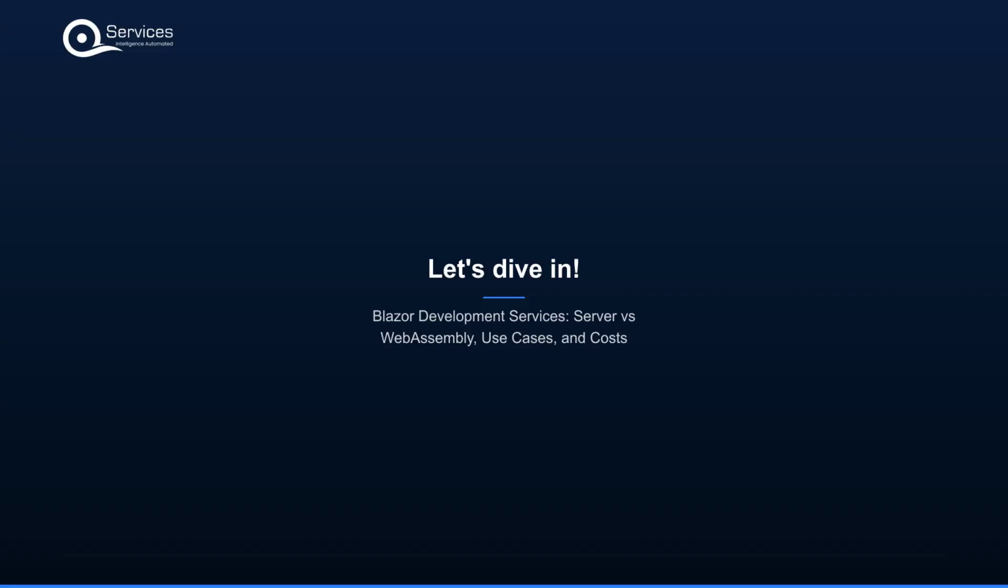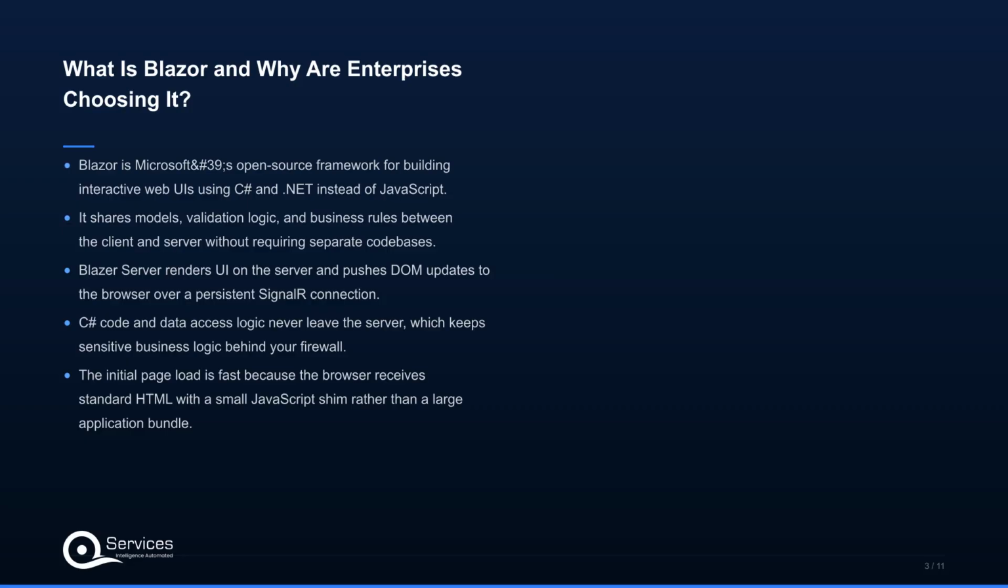step by step. Let's talk about moving on to what is Blazor and why are enterprises choosing it. Blazor is Microsoft's open-source framework for building interactive web UIs using C# and .NET instead of JavaScript. It shares models, validation logic, and business rules between the client and server without requiring separate codebases. For teams already invested in the Microsoft stack, this single-language approach cuts the context switching that slows down mixed C#/TypeScript